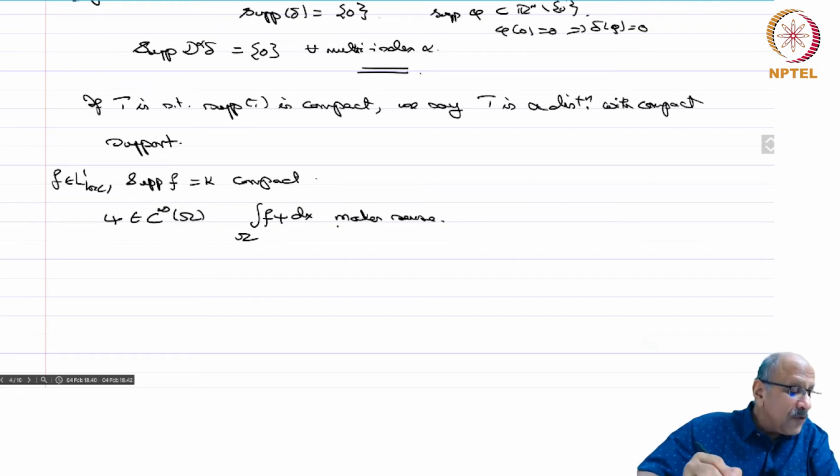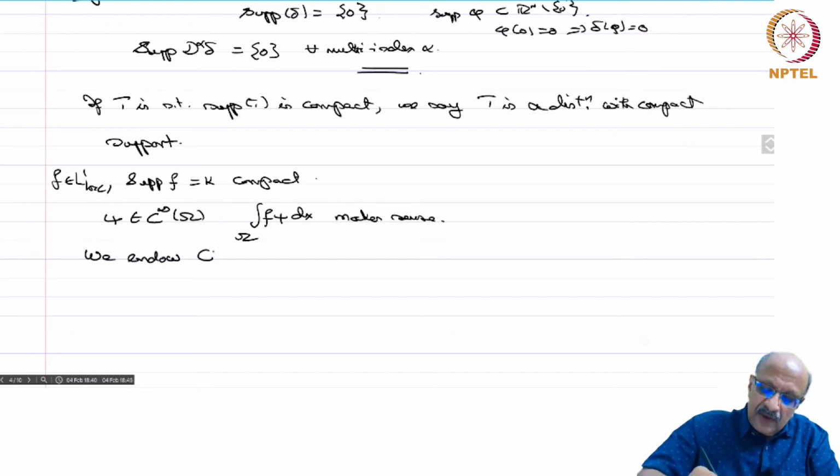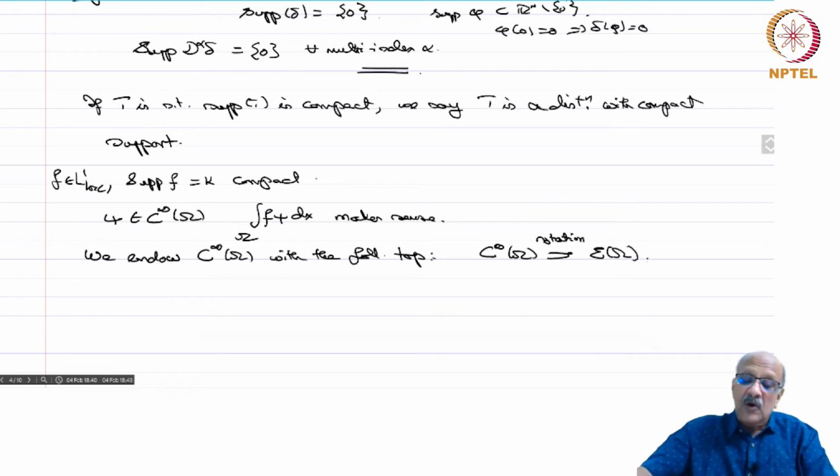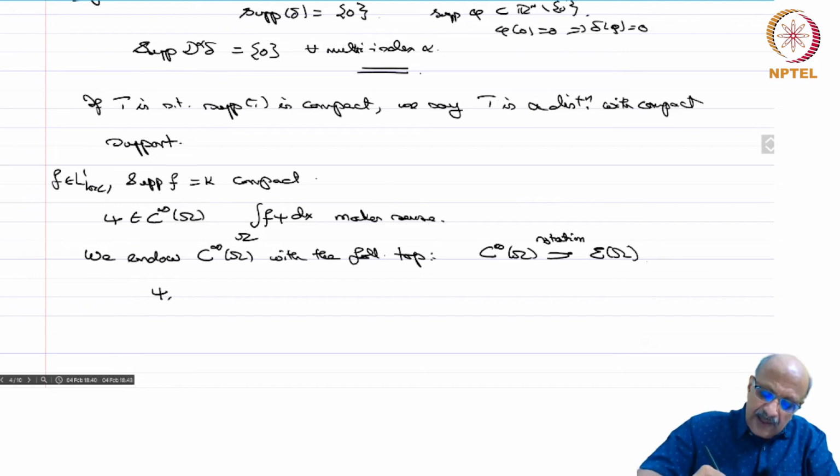So now we endow C infinity of omega with the following topology. Henceforth, as notation, we will call C infinity of omega E of omega, just as we call D of omega the space of C infinity functions with compact support. E of omega is all C infinity functions. So psi n goes to 0 in E of omega